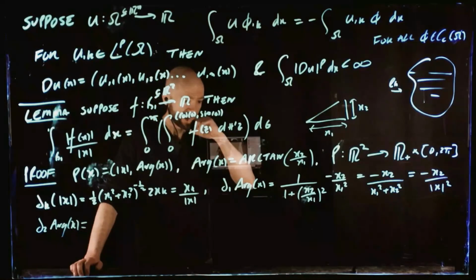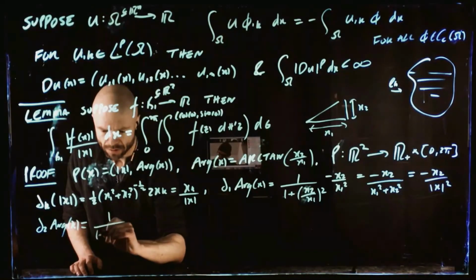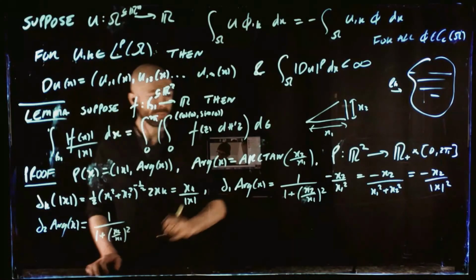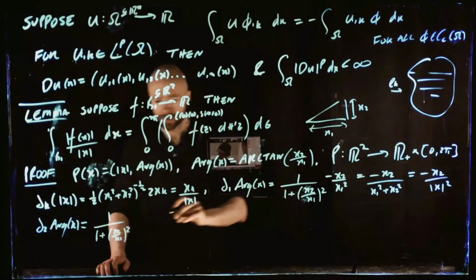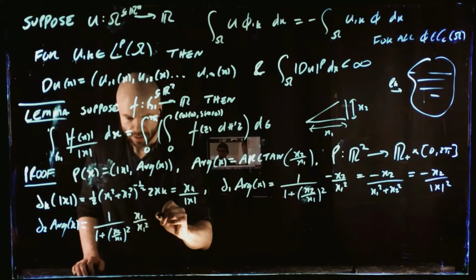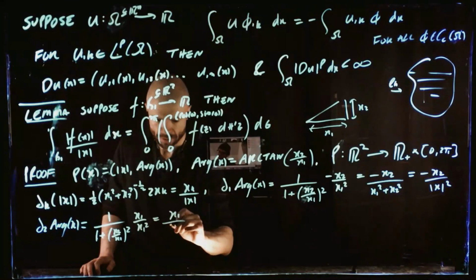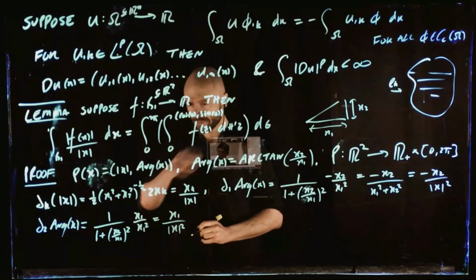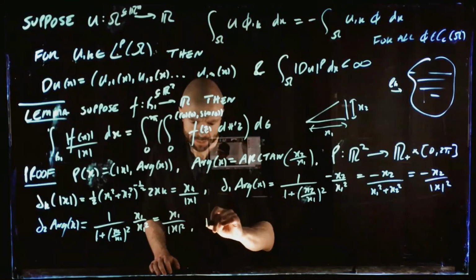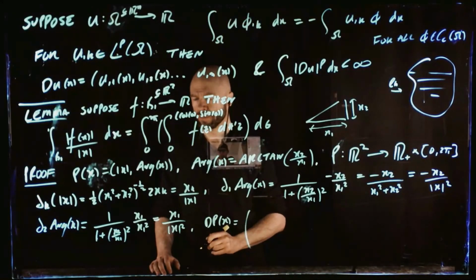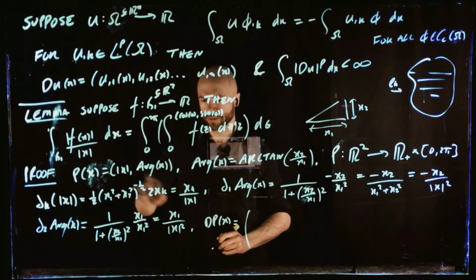And same kind of game: we have 1 over 1 plus x2 over x1 squared, and differentiating with respect to x2, we're just going to have 1 over x1, so x1 over x1 squared, and that's just x1 over mod x squared, like this. Yeah? So then if we take the whole matrix of this derivative,